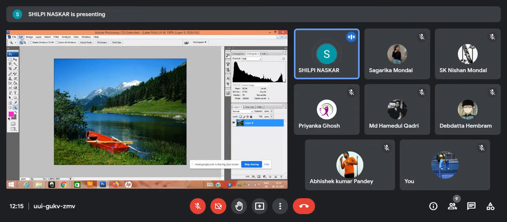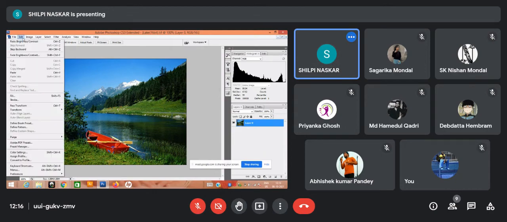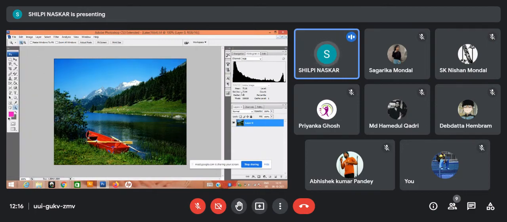32,800, oh my, I can't even see it with such small eyes. 32,328,320. I'm redoing, redo. See, the mean has changed to 75, but the total number of pixels is the same. So here the contrast is changed. Contrast has been changed basically.